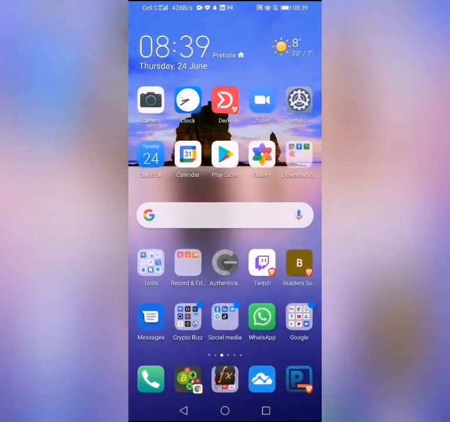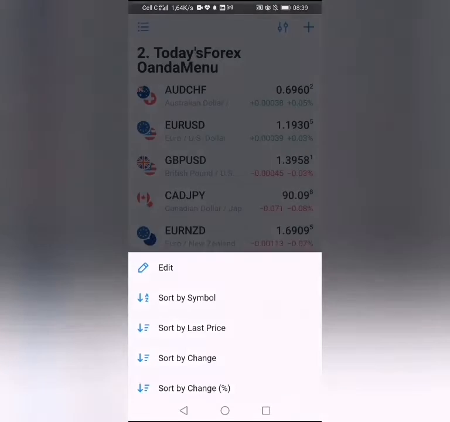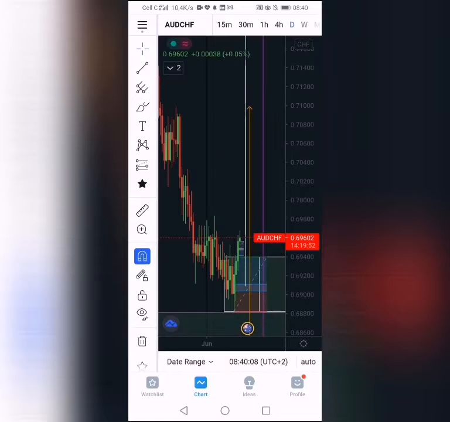Once I do that, I quickly go to my charts. This is basically a quick rundown of what I do. I first order them just to see. I can see Australian dollar versus the Swiss franc is on an uptrend, and Euro USD is on an uptrend. The others are in the red. So let's start with the Australian dollar